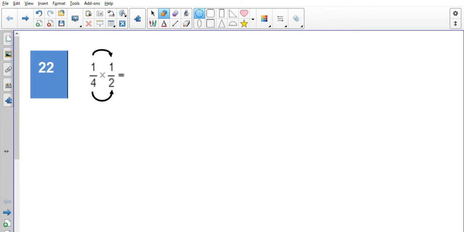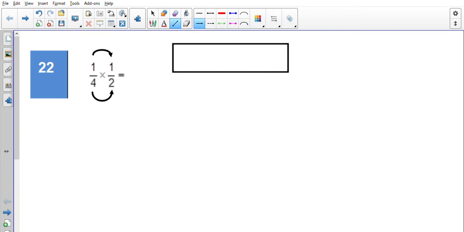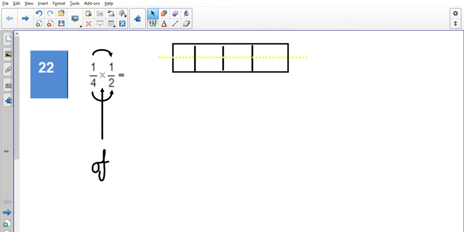Okay, the way that works in practice is because this is asking you for 1/4 times 1/2. We know with fractions, if we have a multiply of a fraction, that can mean the same as of. Okay, so it's a half of a quarter. So if I imagine me having quarters here, and it's then saying I want you to do a half of that quarter, I'm going to need to take those quarters and split them in half. So I've got half of a quarter, which is just going to give me here